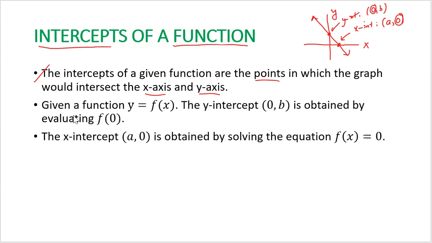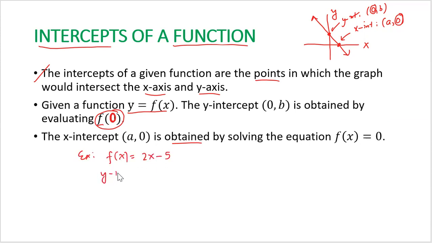So mathematically, whenever we're given a function y equals f of x, the y-intercept 0 comma b is obtained by evaluating f of 0. Which means that whenever we're given a function, we substitute the value of 0 to every occurrence of x in the function. And then the x-intercept a comma 0 is obtained by solving the equation f of x equals 0. So for example, if we have the function, let's say